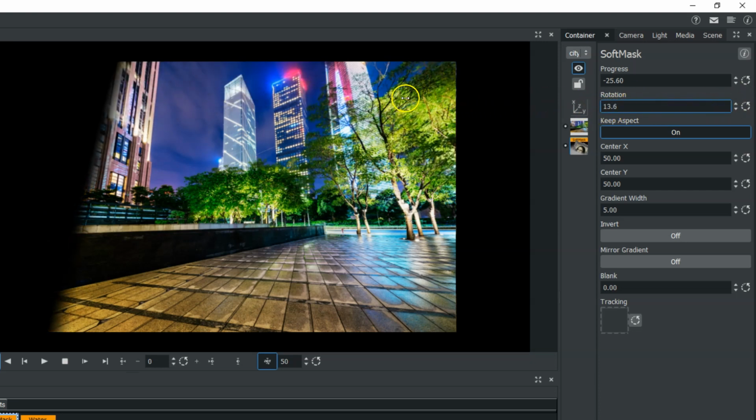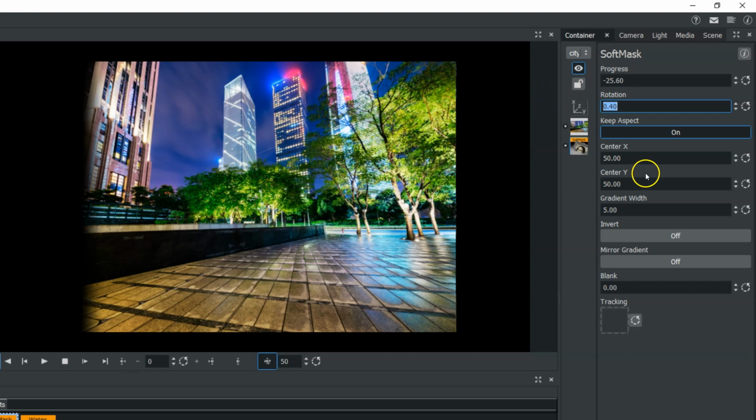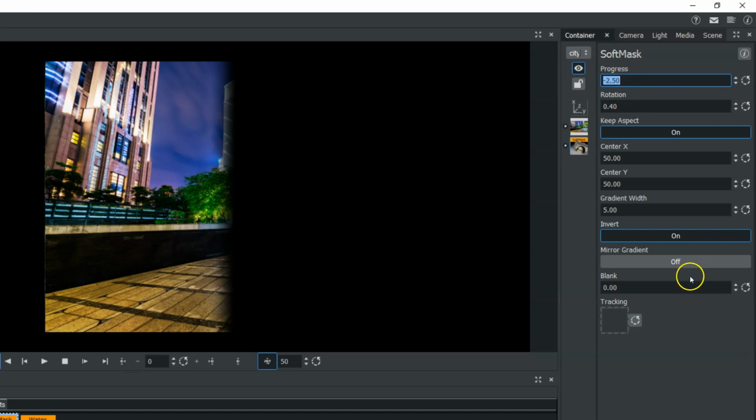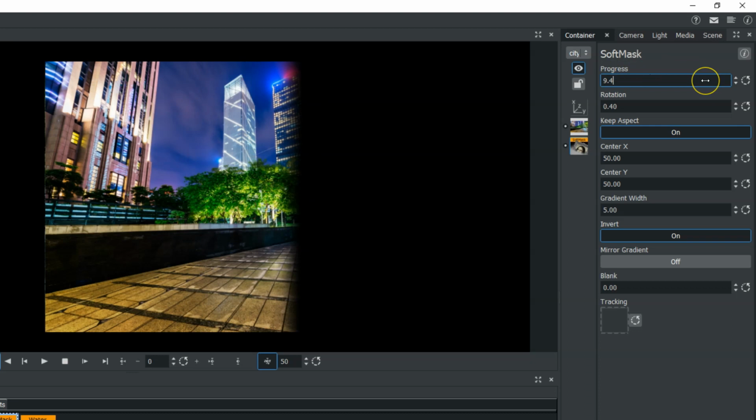So if you haven't figured this out, the soft mask here only creates a mask on one side. So if you do need it to start from the top, the right side, and or the bottom, you need to use this rotation here. Or you could come down and use the invert button at the bottom, and that will start it from the other side. So with the invert button on, we can use this progress percentage, and now it comes on from